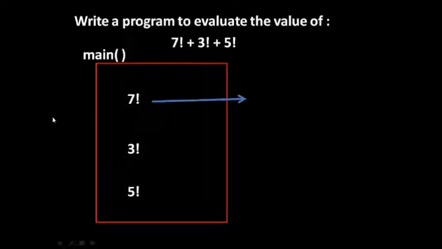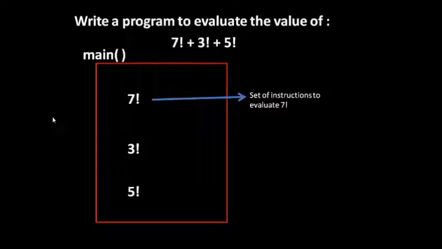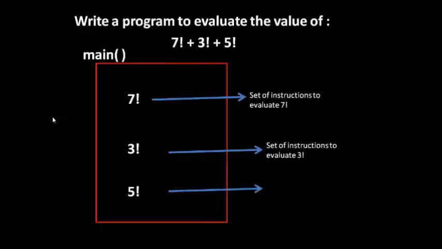So to evaluate 7 factorial, you need to write a set of instructions. You also need to write a set of instructions to evaluate 3 factorial. And for 5 factorial also, you need to write a set of instructions. So you need to write a set of instructions to evaluate the factorial 3 times,